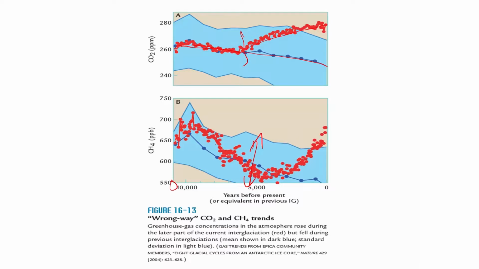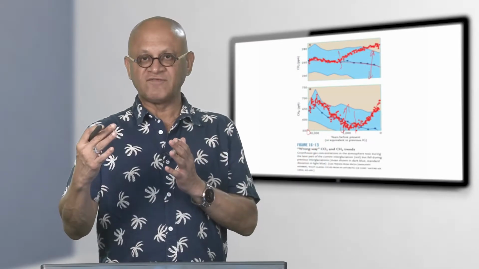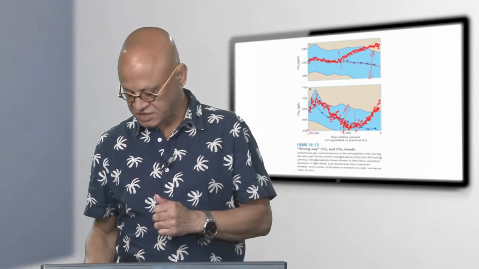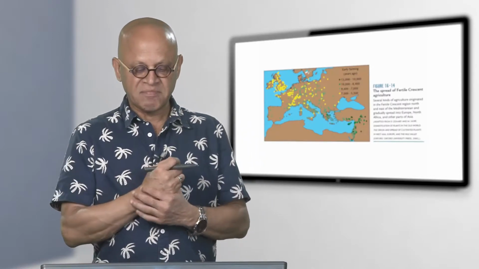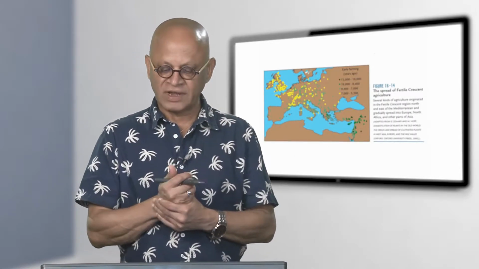And methane does a similar thing, with slightly different timing, because it depends on how the swamps were drained, how much rice was being cultivated, how many cattle were being grazed, and so on and so forth. So you can see that both of them go beyond the range of interglacial that we know from the past. That tells you that human impact is in fact beginning to diverge from past climate variabilities, and that begins to tell you that our impact may be real and may be quantifiable.